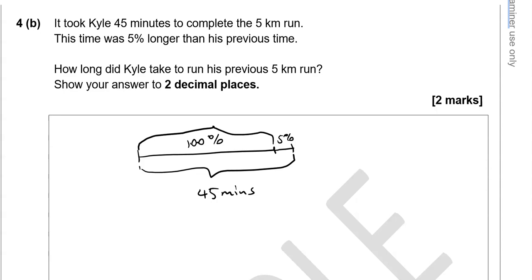So what we're going to do is divide the 45 by 105 so that we get only 1%, and then multiply it by 100 to get the 100% amount. So 45 divided by 105 times 100,